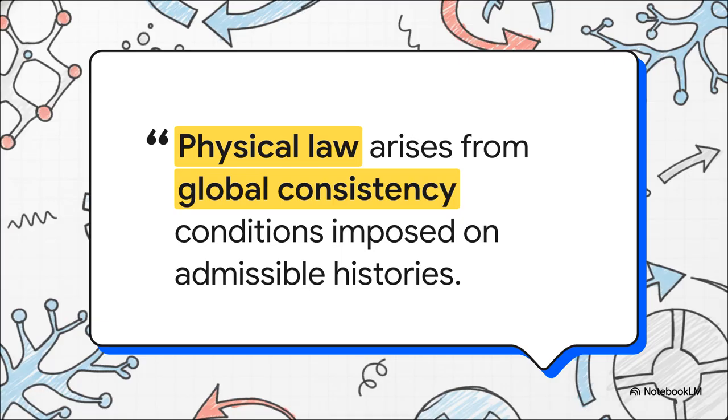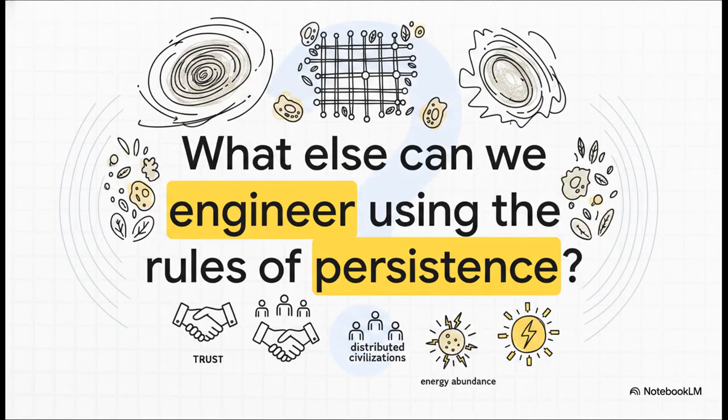Whether you're talking about the 255-degree vacuum phase dictating the masses of particles or a coherence pod stabilizing a human body, local stability fundamentally and always relies on global consistency. Which leaves us with a pretty massive, provocative thought to end on. If the exact same rules of persistence govern the quantum vacuum, the flow of highway traffic, and human biology, what other fundamental constants or even huge societal structures might we eventually engineer using this framework?